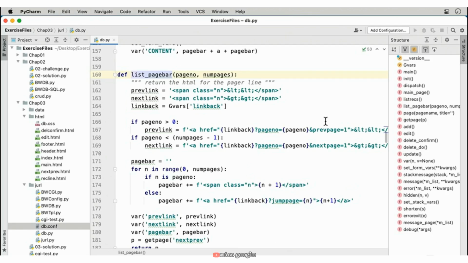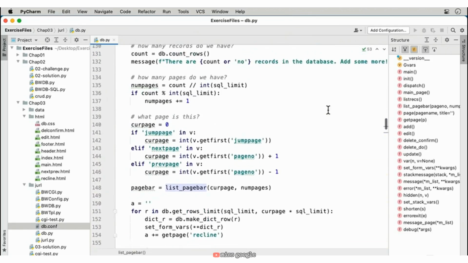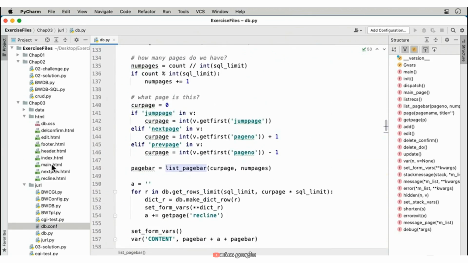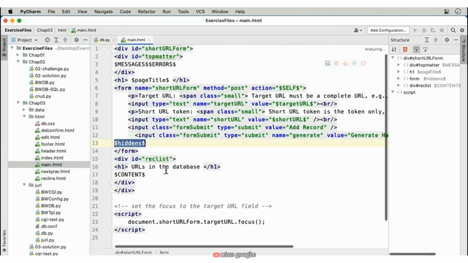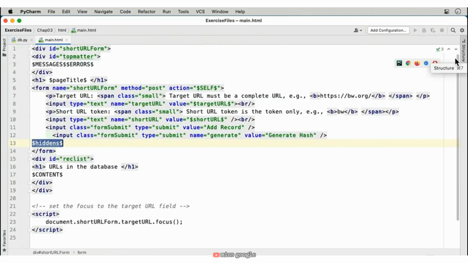And all of this is managed here in listRecs and in list page bar. We have a bunch of HTML files. I showed you main.html. And again, let me just make some room here so you can see this. Again, I wrote all this HTML many, many years ago. It's all good HTML, but it's 10-year-old HTML from when we all thought that XHTML was going to be the